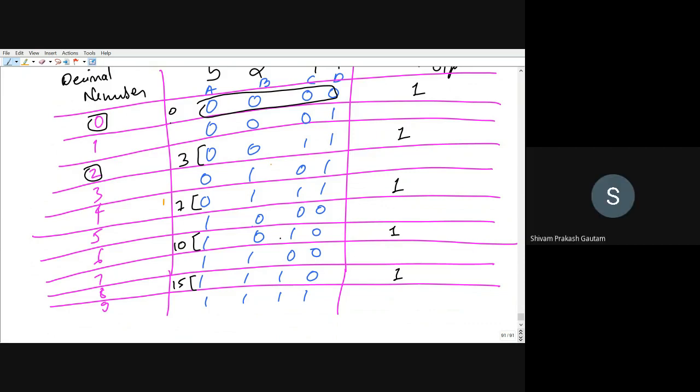Excuse me, sir. Yes. If for 6 we write 1001, then it will be minterm 9. Okay. Then you can give importance to the MSB, right? So there will be 2 different types of K-maps for this condition, and anyone will be correct. If it has not been asked that you have to draw the minimal, then you can take anyone, right?